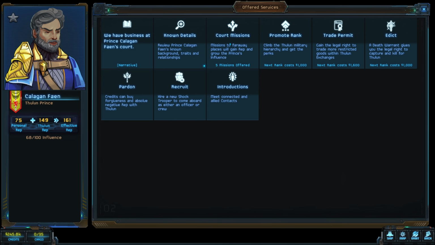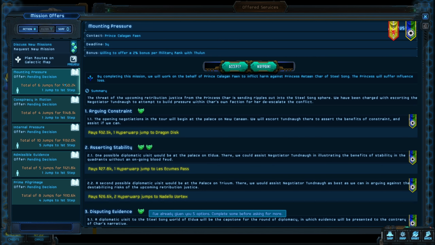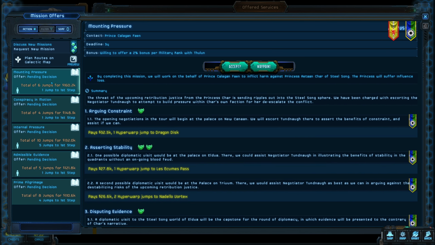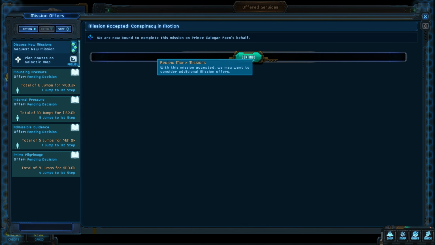So she's offered us that mission. Clandestine spying. Mounting pressure. Prince Callaghan Fane. All right. These are all worth a lot of money. Wow. Zet believes Princess Atenchar bombed the Highwind, so we'd have to go do spying for her. Okay. We need intelligence anyways, so...